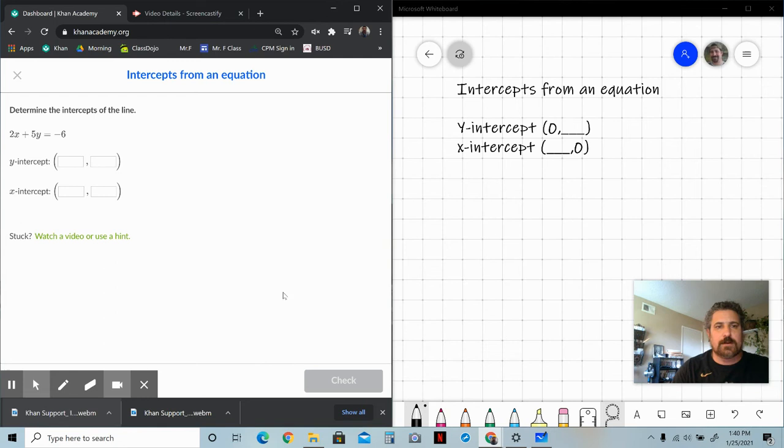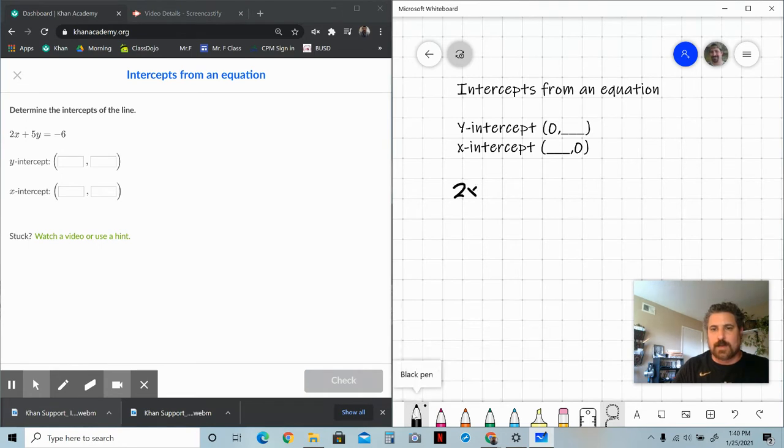So it says here, determine the intercepts of the line, and it gives you the line 2x plus 5y equals -6. So you've got 2x plus 5y equals -6. Now, what's cool about this is that it's called standard form of a line. When you're finding the intercepts using standard form, it's actually pretty nifty, because